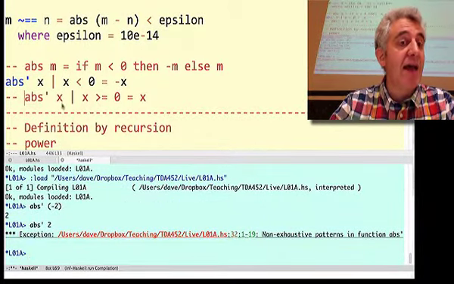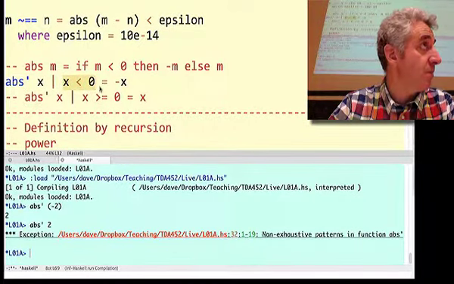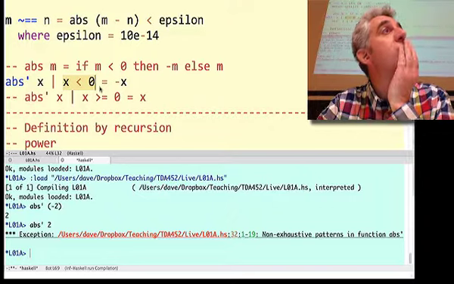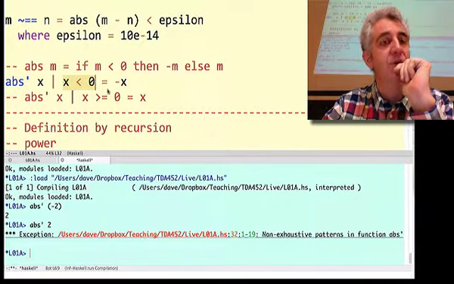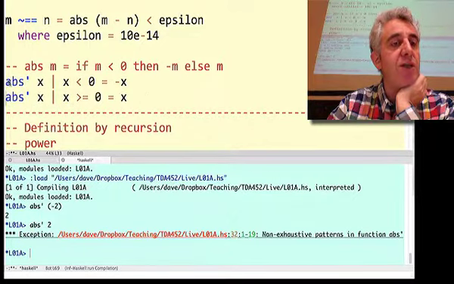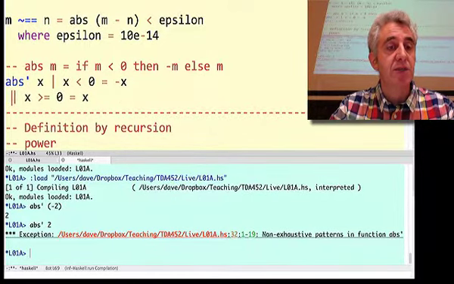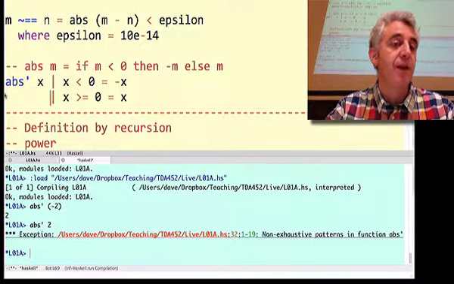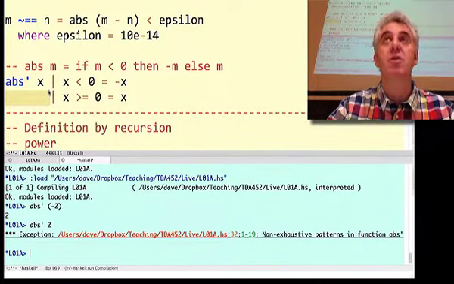I get an error because I haven't got a definition for what the function should do when x is not less than 0. Yeah? But we can put abs prime x equal x. We could do that, but let me just show you stylistically how it would typically be done. So firstly, when you have two equations which have a repeated left-hand side, then the standard style is to remove that bit here. And I'm putting white space in just for readability, so it's not crucial to the definition.